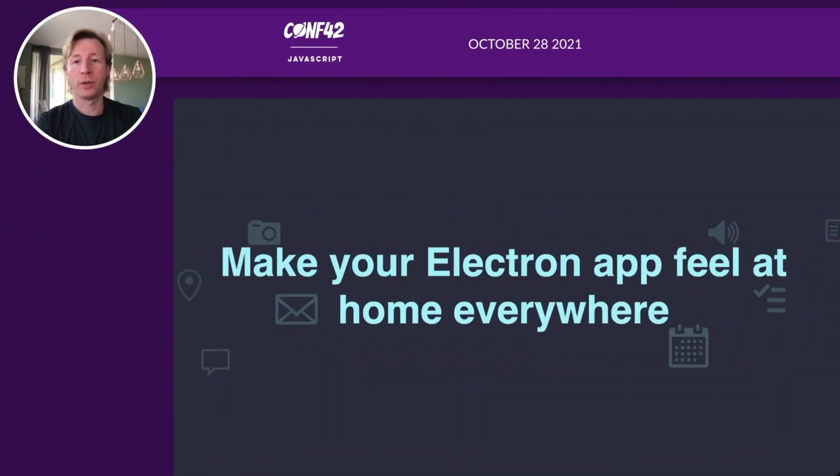Everyone uses apps on their machine that somehow just feel off. Maybe the mouse works slightly different, or menus look weird, or maybe you can't even articulate it. Something's just wrong. There are a million tiny things that can make an app feel off, regardless of which framework it's built in. But if you know what to look for, you can make your app feel great on all